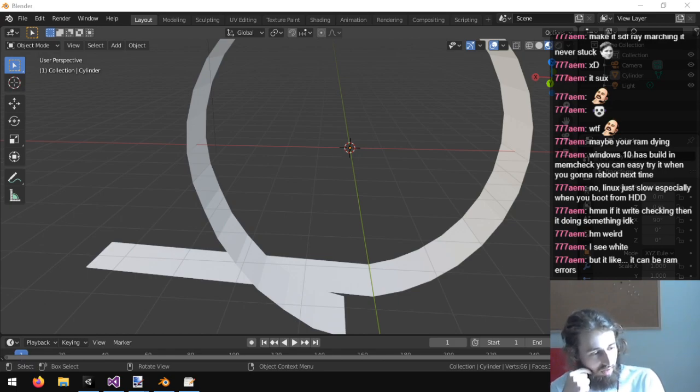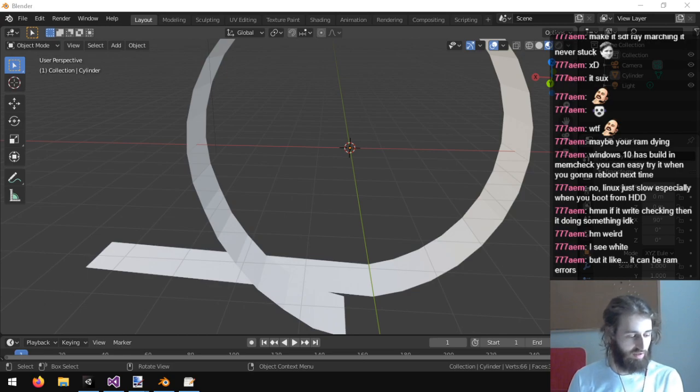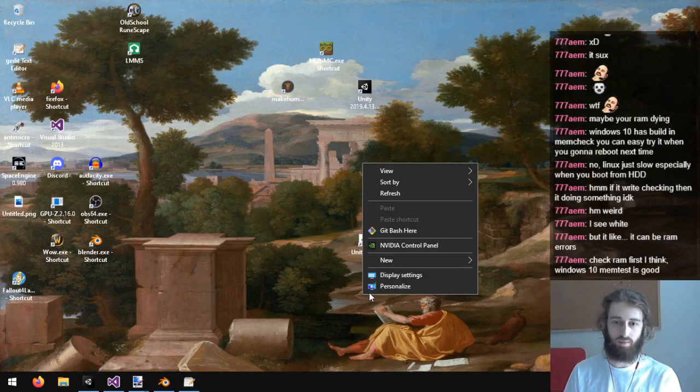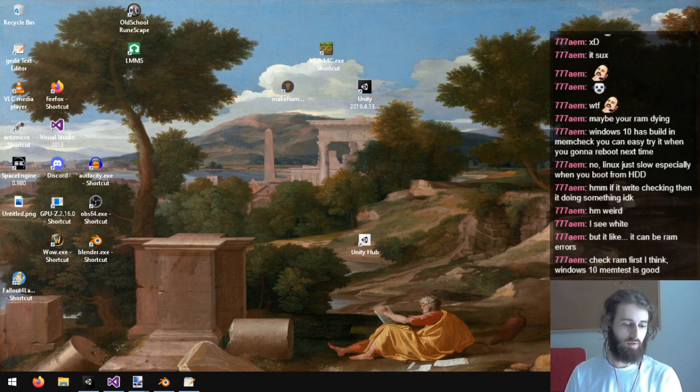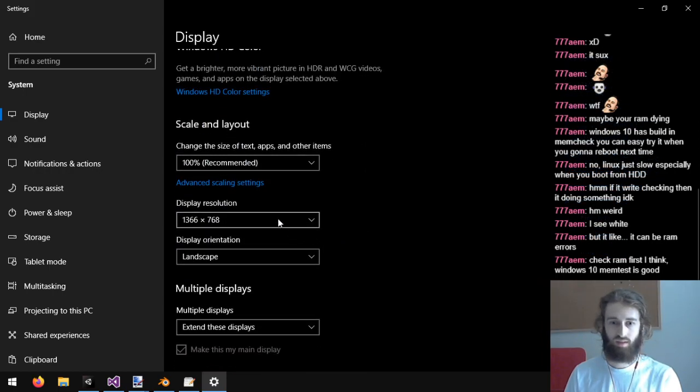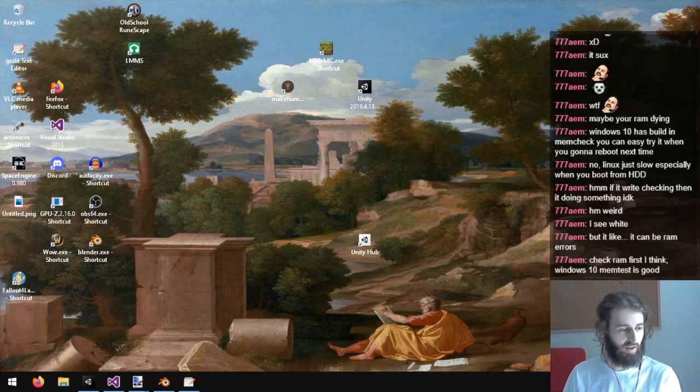I see it white, but it can be RAM errors. Yeah, but statistically it being RAM errors and only showing up as a white screen that's affecting a very specific Windows process, and this exact same error happens to a whole bunch of other people. If you Google Windows 10 second monitor white screen, there are so many people that have this issue too, and this is how I found the solution of switching my screen resolution back and forth. Hey, it's fixed.